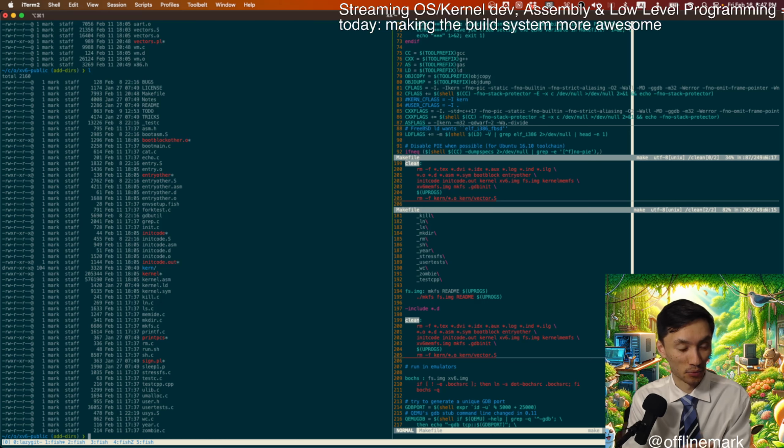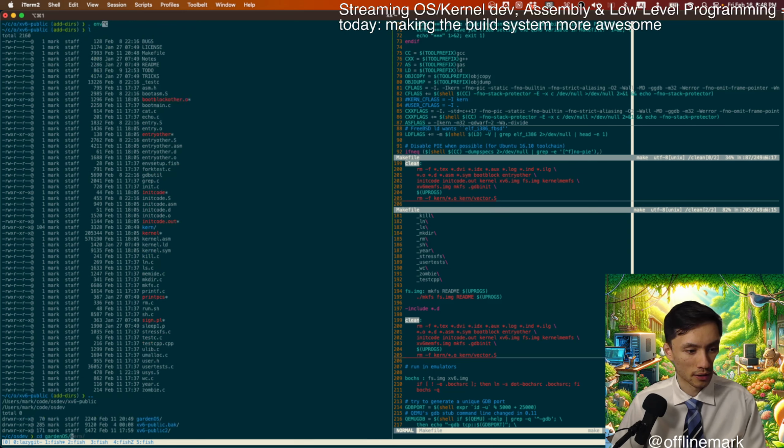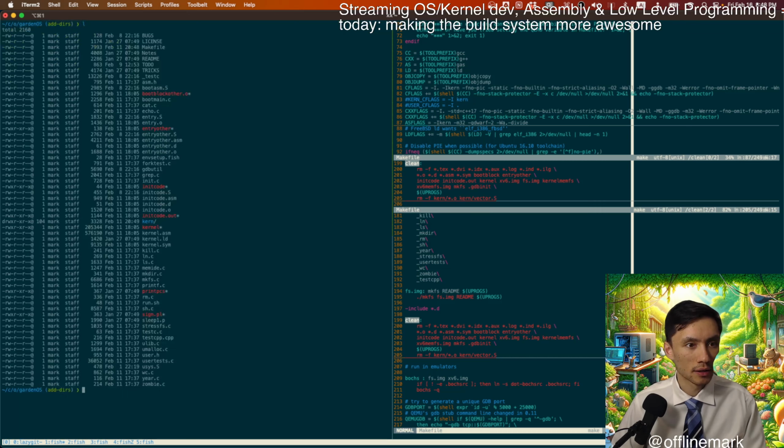A next step would be to start adding some user space types of directories and that kind of stuff. And so maybe we could keep going with that today. But just to start off, I'm going to make sure my environment is sourced. Where am I? In the right place? Garden OS. Yeah, okay. Maybe I was not in the right directory.